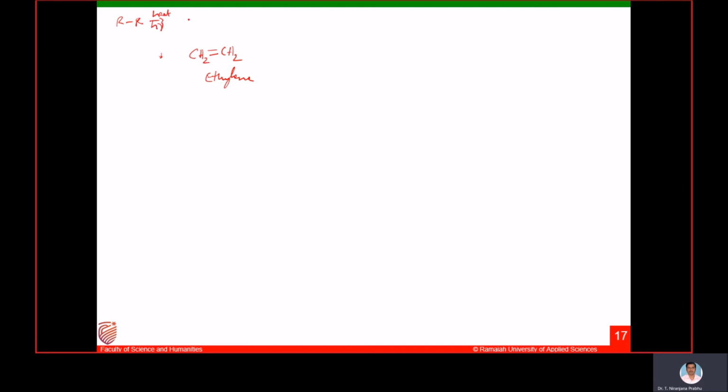Now this will break up into radicals. I'll take the example of the initiator benzoyl peroxide, (C6H5COO) twice. Either heat or radiation will lead to the formation of